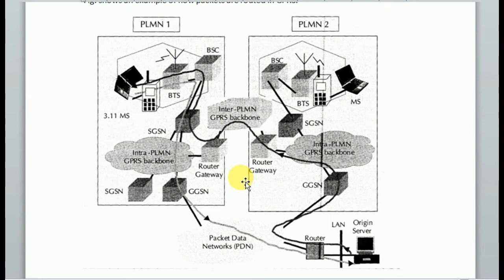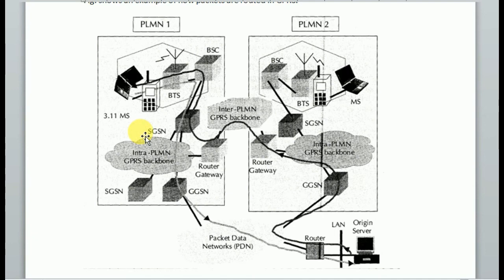A GPRS mobile station located in PLMN1 sends IP packets to a host connected to the IP network. The SGSN that the mobile station is registered with encapsulates the IP packets coming from the mobile station, examines the PDP context of the mobile station, and routes them through the intra-PLMN GPRS backbone to the appropriate GGSN.